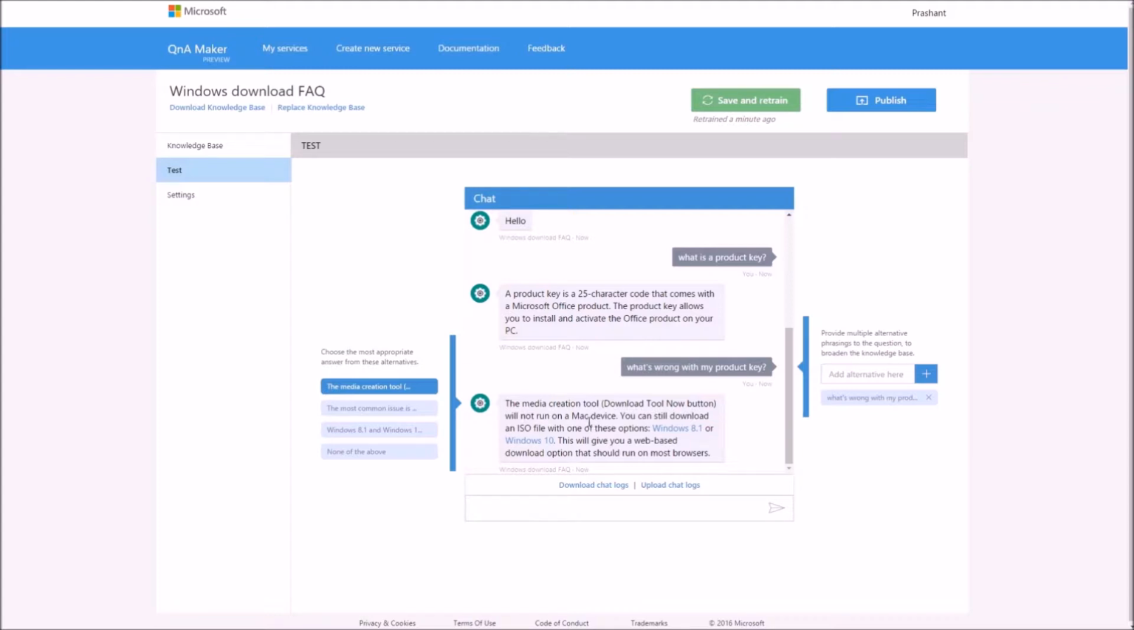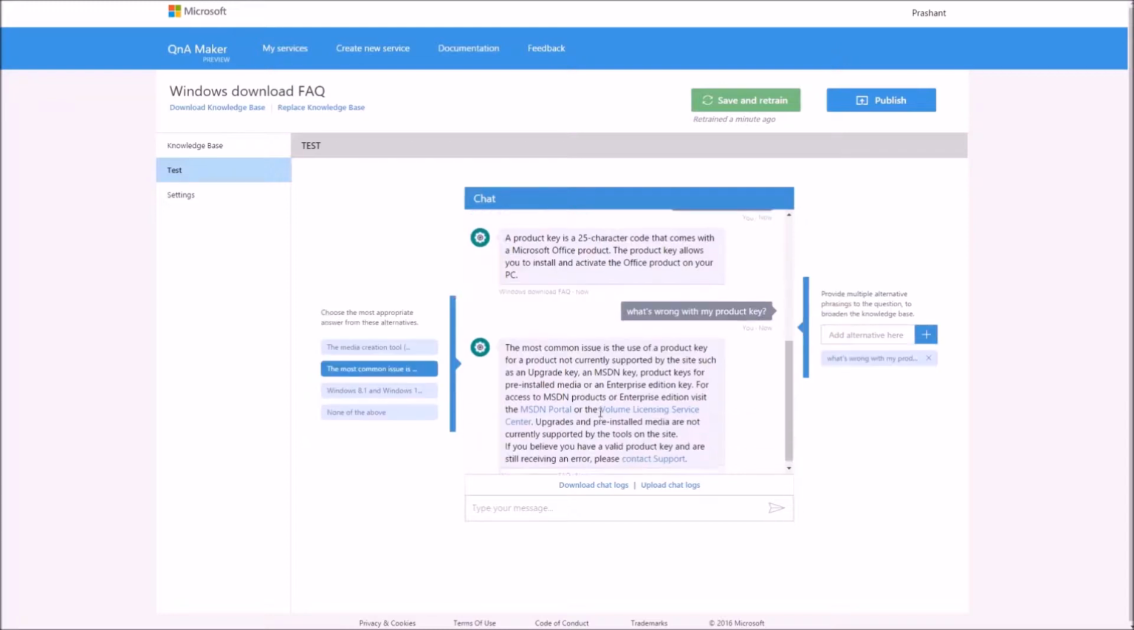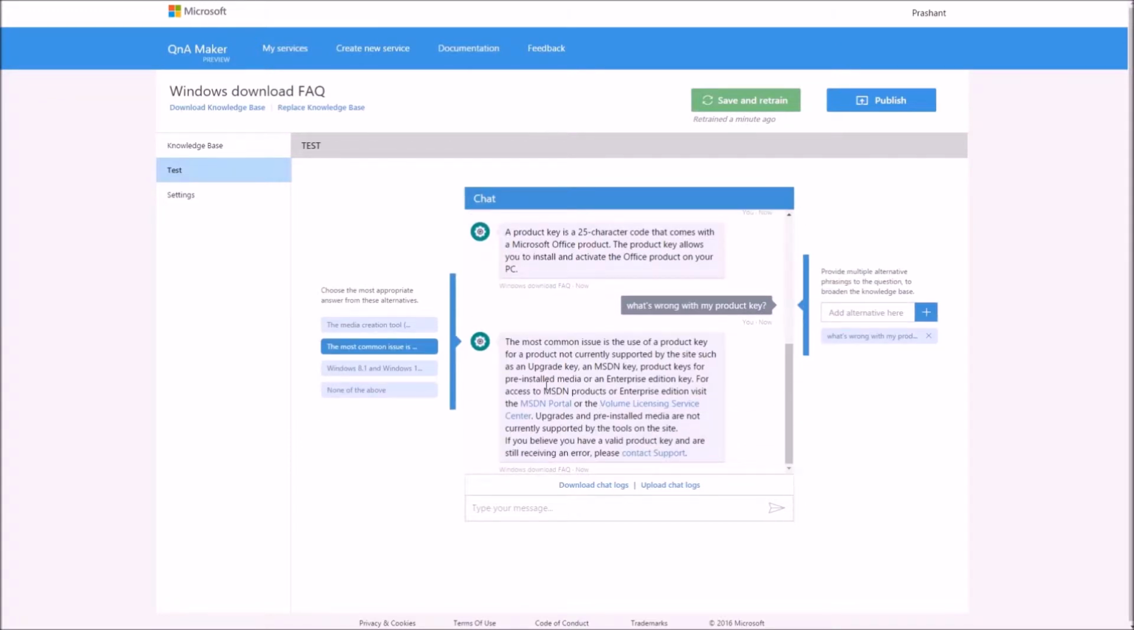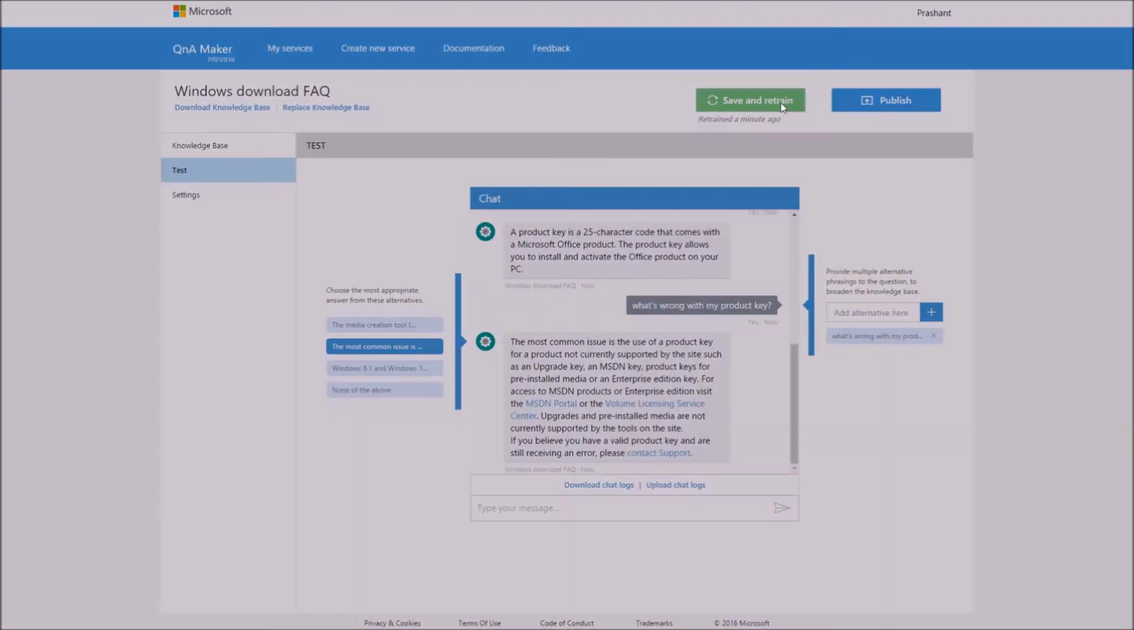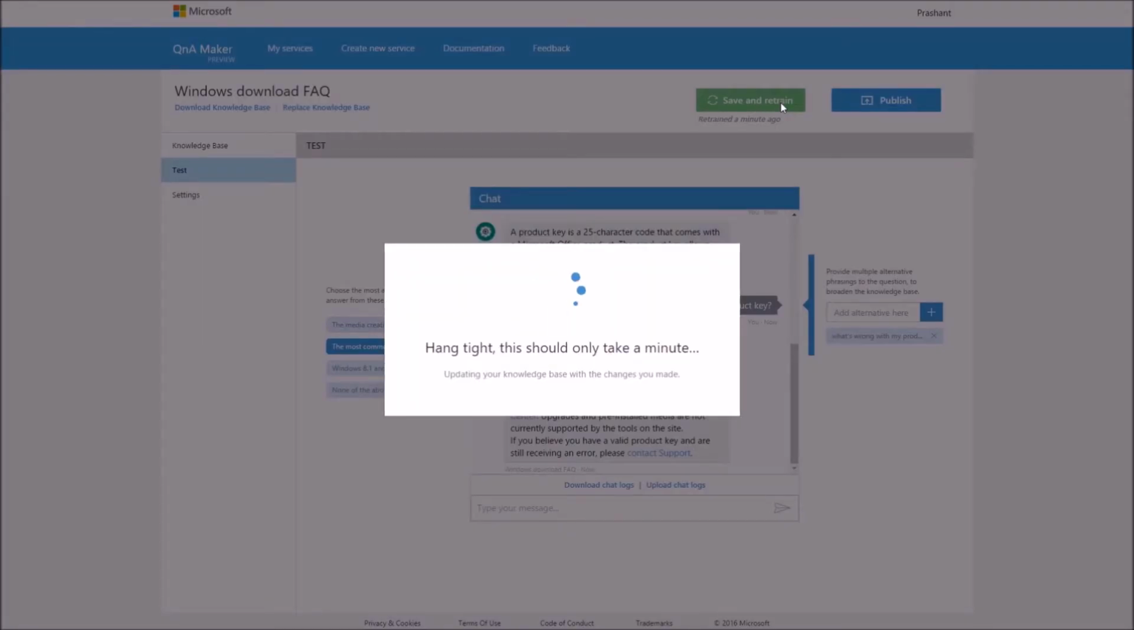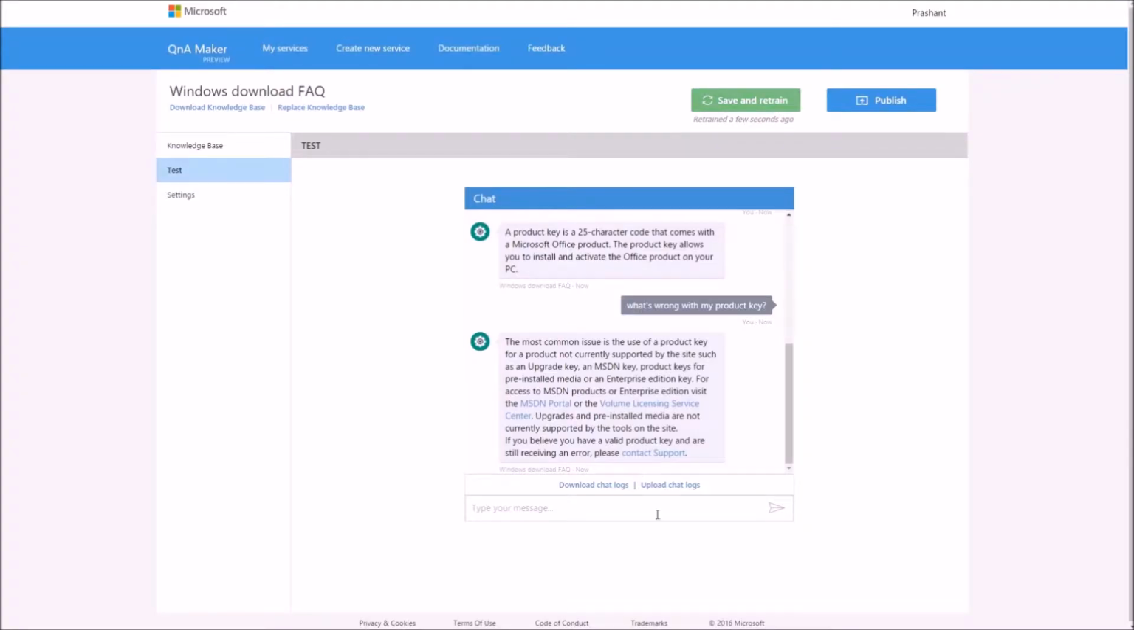However, in this step, I have an option of choosing the right answer for this question. And these are the three matches that were the closest to this question. So the second match looks like the most relevant one for this question. So what I can do is I can just simply select the second answer and press save and retrain. Now what this means is the new Q&A pair is being updated in my knowledge base,